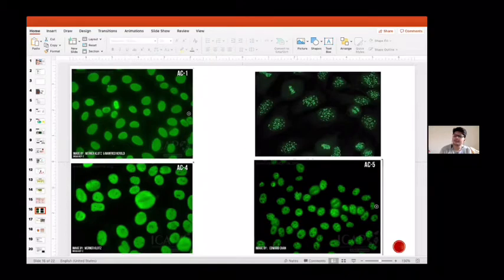If we see here that it is very coarsely distributed, it will bind in this manner. And if it is distributed in a centromeric pattern, then it will bind in this manner. So how the antibody binds to the antigen, and how those antigens are distributed in the cell,